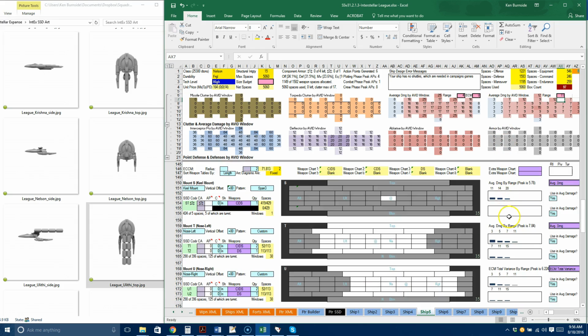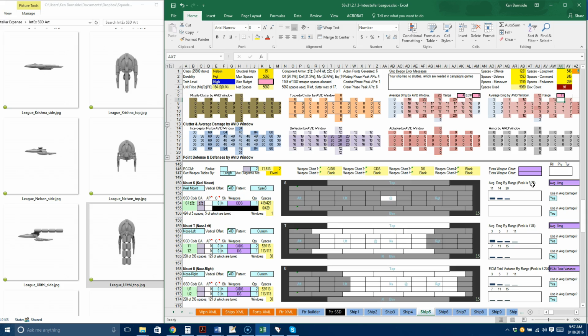If we scroll down to here, you'll see that we have some bar graphs that are right next to where the weapon mount toggles are, where the firing arc toggles are. This shows us the average damage that the weapon does at range 11, range 14, and range 20 as a bar graph. It doesn't give us numbers, it just gives us a relative bar graph based on how much average damage the weapon mount, or that row of the weapon mount, is going to do at a given range. As you can see, if you actually get to range 3 with your close-in defense systems, you do a fair amount of damage here. The peak here is 7.84 damage. The average damage for the